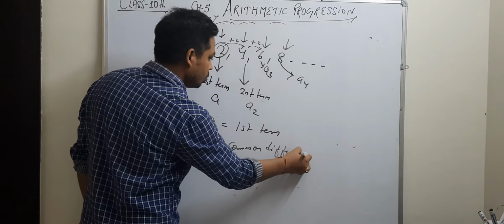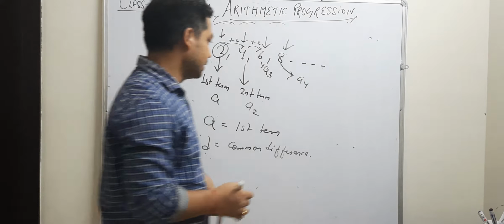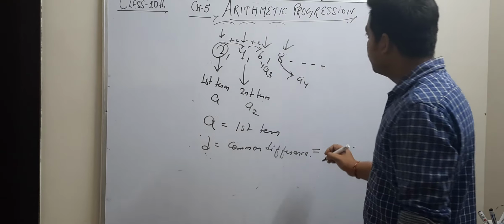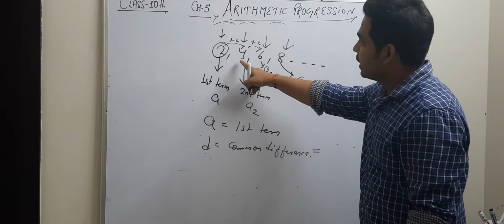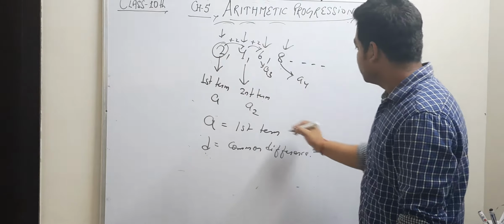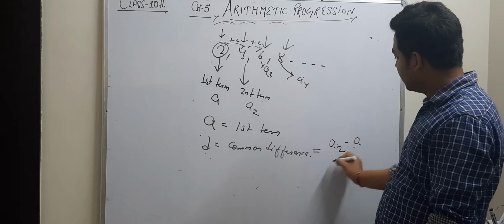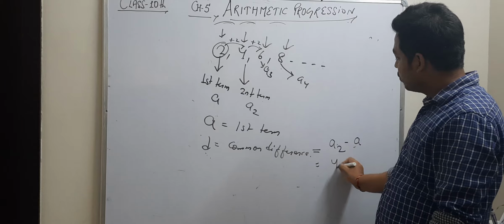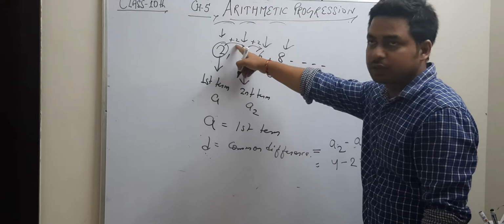So how to calculate the common difference is very essential. Okay, very important. So what we will do to calculate the common difference, हम लोग क्या करेंगे, सेकेंड टर्म से फर्स्ट टर्म को सब्ट्रैक्ट कर दो, मीन्स A2 माइनस A1. तो A2 क्या है 4, A1 क्या है 2, तो कॉमन डिफरेंस हो जाएगा 2. तो देखो 2 ही तो है.